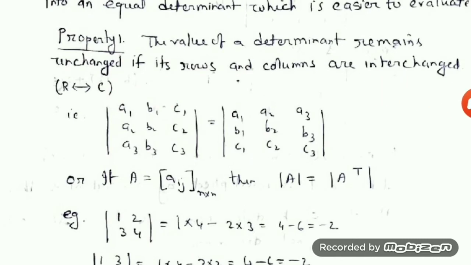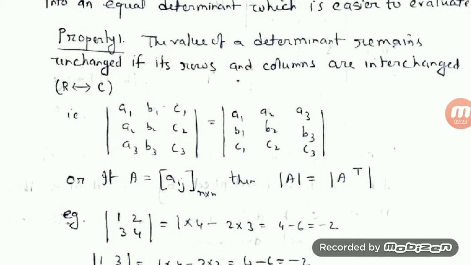Now in the case of a matrix, you remember that if you interchange the rows and columns of a matrix, you get a new matrix. Do you remember the name of that type of matrix? Yes, that is the transpose of the matrix. So in the case of a determinant, the value of a determinant A and its transpose, that is A transpose, A dash or A to the power T, are the same, because the transpose is obtained by interchanging the rows and columns of a matrix.